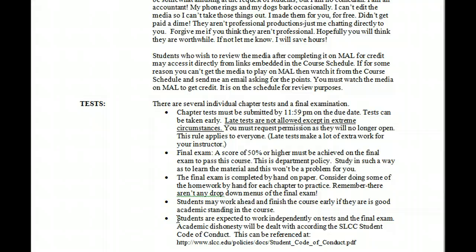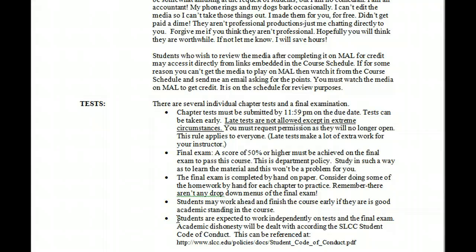Course evaluation. Your homework's worth 25%. The tests and media combined are worth 60%. You can see the breakdown here. The final's worth 20%. So not all points are created equal. Oh, go away. There you go. First interruption, huh? Ignore that. So not all points are created equal. Homework points are worth 20% of your grade. Media are worth 5%. Tests are worth 55%. And the final's worth 20%. So you can see not all points are created equal.